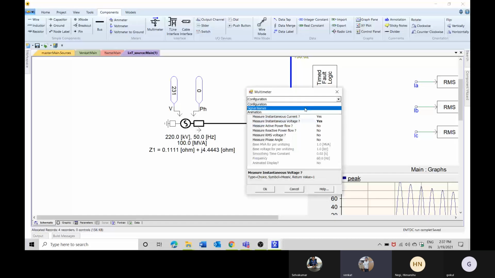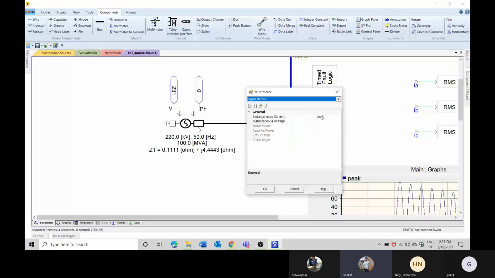Then when you go to the next option, signal names, you can see this option has been enabled, instantaneous voltage. Whatever option you enable in configuration will be the only options available for editing on the next tab.